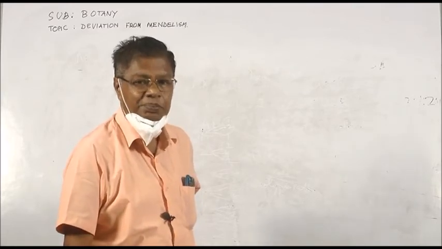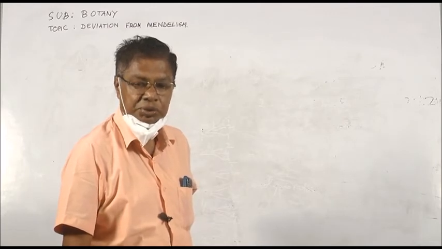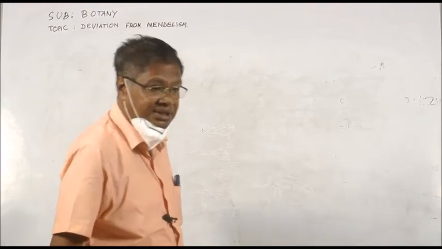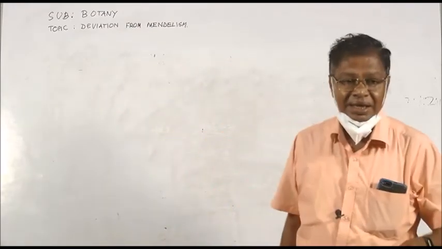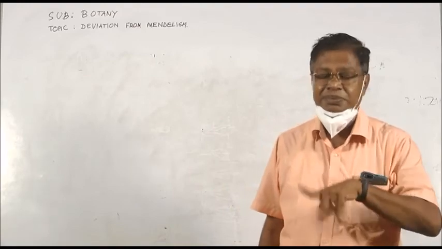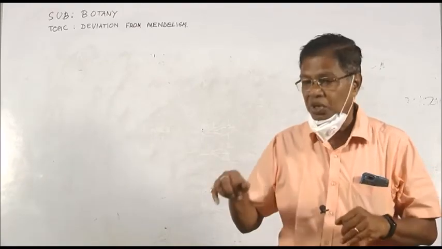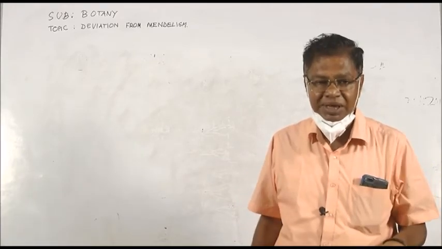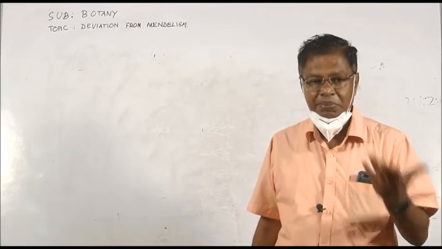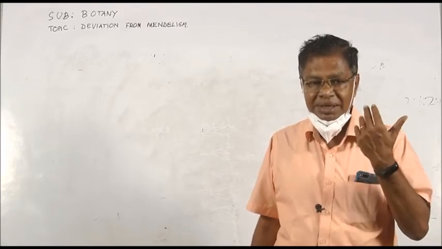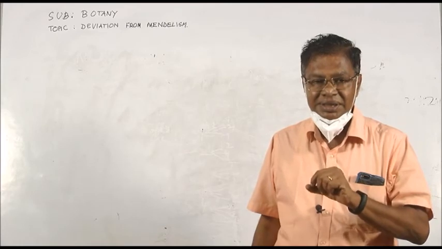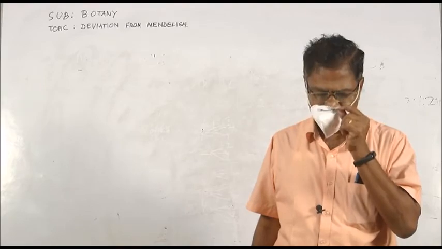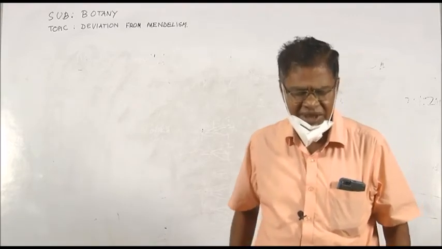Another simple example of multiple genes that you can use is also the blood group. How many genes are there? Capital A and capital B, 2 genes, and small i. So 3 genes, we get 4 phenotypes. What are the phenotypes? A blood group, B blood group, AB blood group, and O blood group.